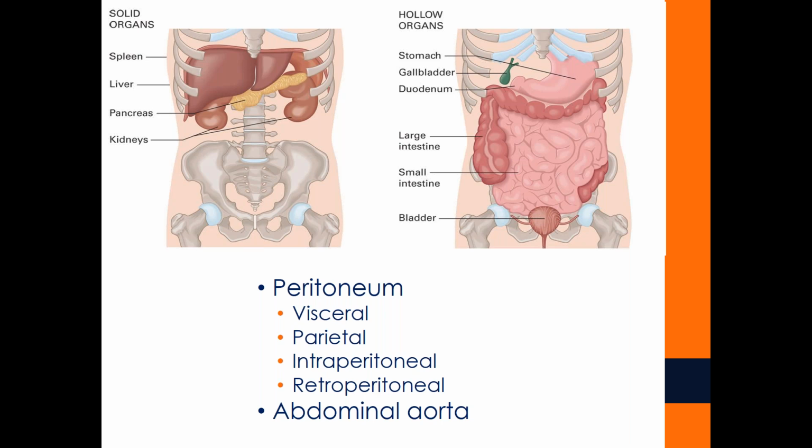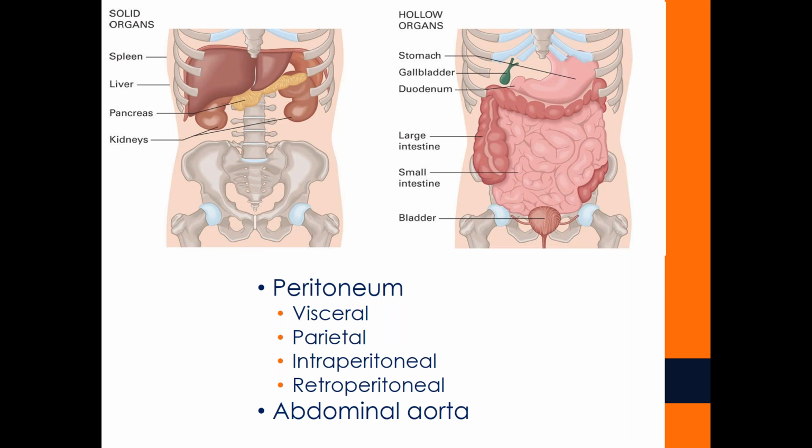The upper quadrants of the abdomen? We're going to talk abdominal structure here for just a couple minutes. So you're looking at like the liver, the pancreas, the kidneys. And those are all solid organs. Right. Solid organs have a lot of blood. They are very vascular. They are repositories a lot of times for blood, and they are very susceptible to causing